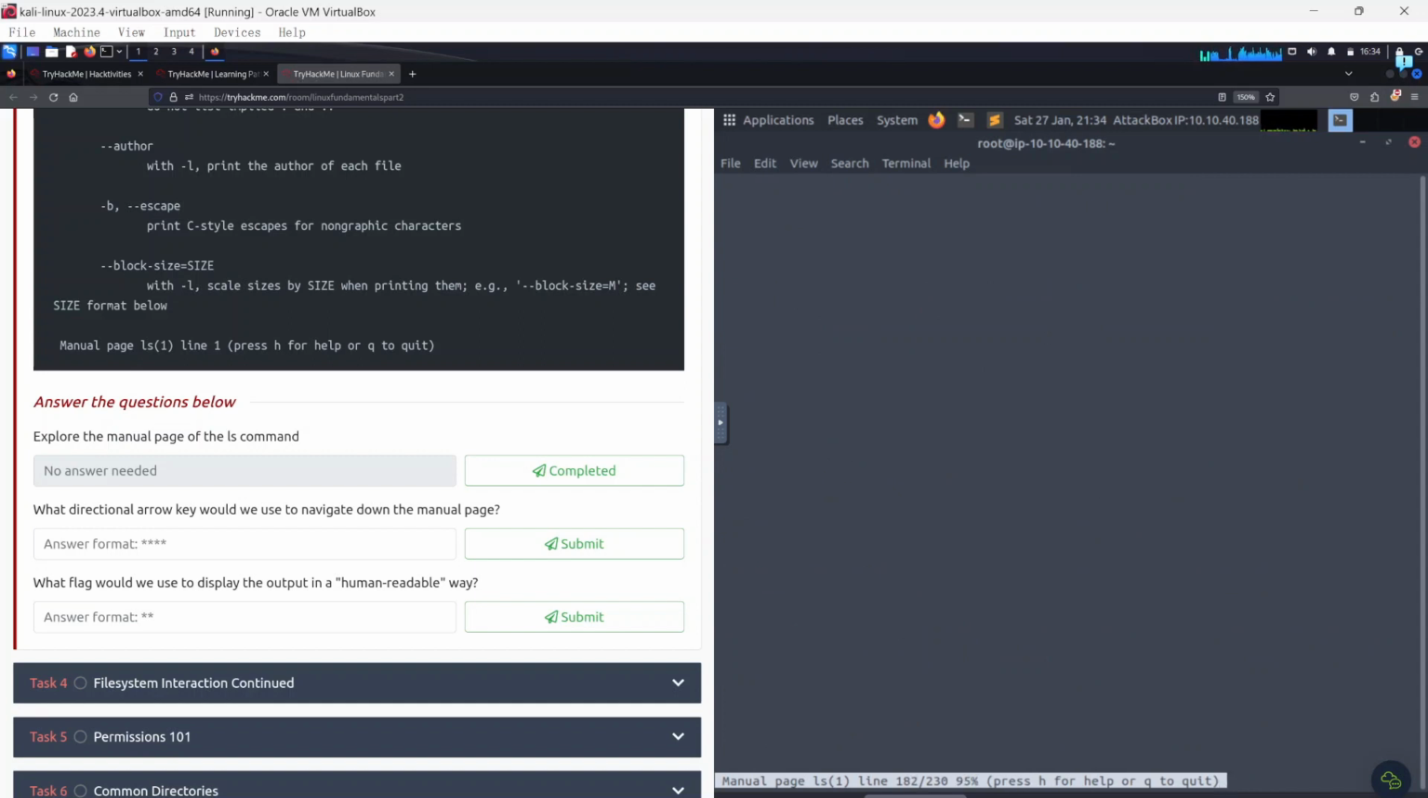So it's really within the page. I don't know, the attack box is kind of slow today. Okay, but that's how you can explore more of the manual page of the command. So I've done that. Now, what directional